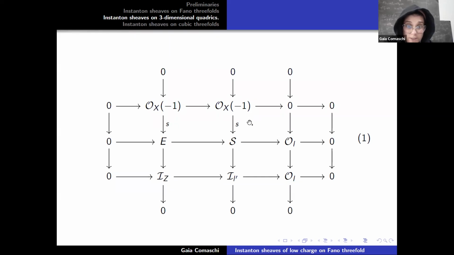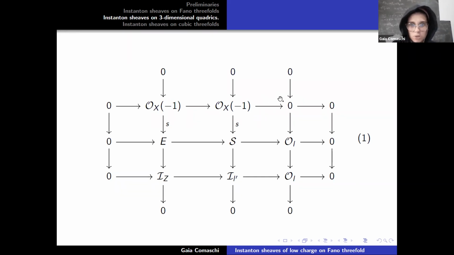Here we have the sections s twisted by 1 coming from a global section of E twisted by 1. I denote both sections, either the section of E and its image in S, by s. Because this comes from a global section of E, here we must have 0, so that we can complete